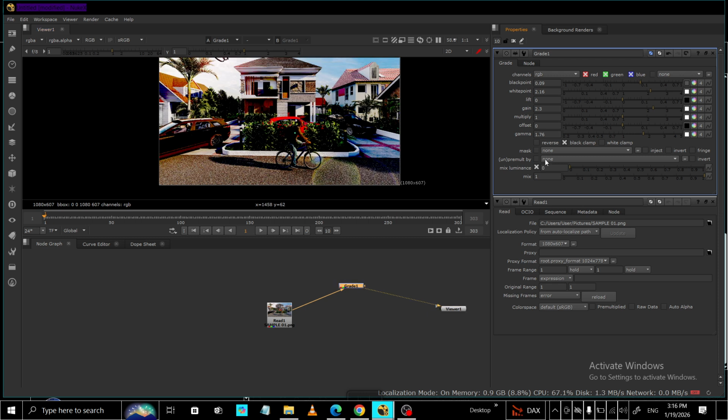If you need the grade to affect only certain areas, connect a mask to the mask input. This could be a roto or any matte. A clean, feathered mask will help the adjustment blend naturally with the rest of the image. Finally, preview your work by toggling the grade node on and off. With the node selected, press D to disable and enable it. This quick